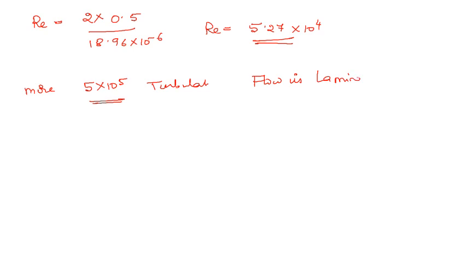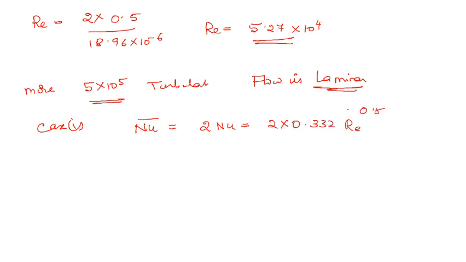That is the first thing we are supposed to find out. So we have to find out case one. What is case one? Case one is for a plate under laminar flow condition, I have to find out the Nusselt number and the correlation. If we refer to the handbook, the average Nusselt number correlation is Nu equal to 2 into 0.332 Reynolds to the power 0.5 and Prandtl to the power 0.33.